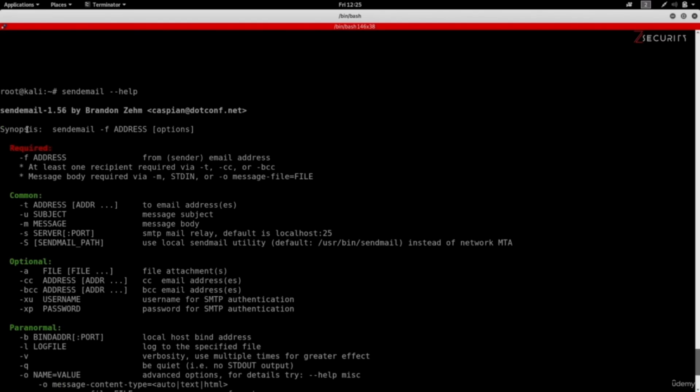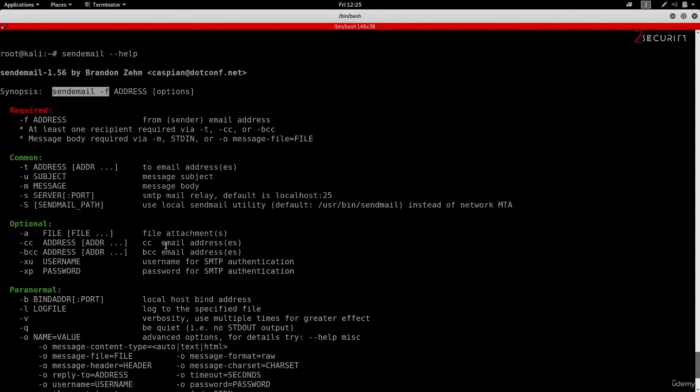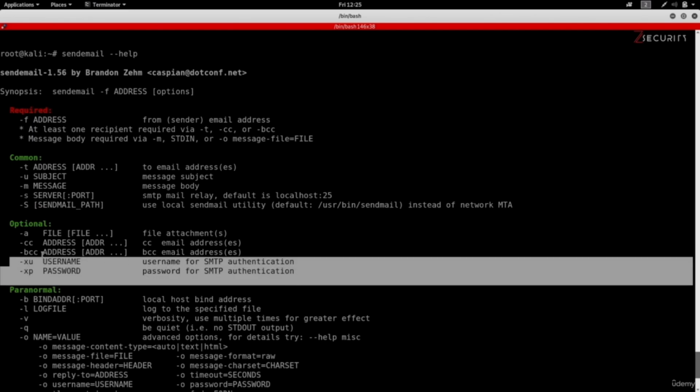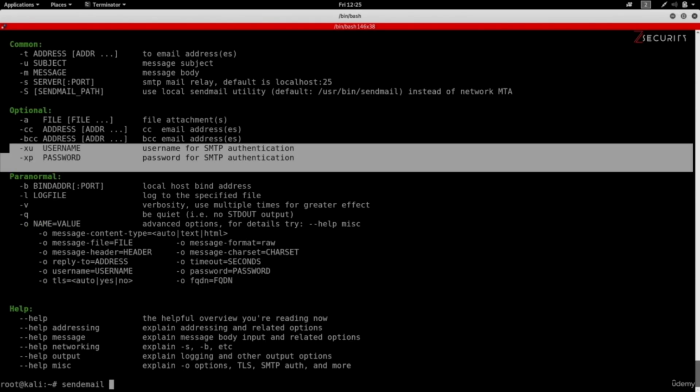So scrolling up, you can see the main usage is send email. We're using the -f argument and then you set the options. Now, before doing this, the first thing I want to do is set the username and the password using the -xu and the -xp arguments. So our command is going to be send email